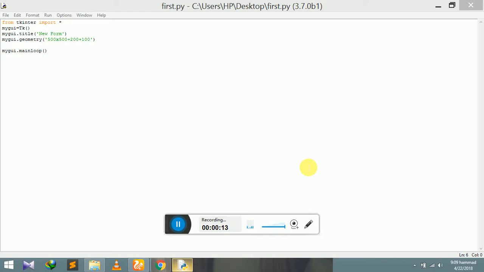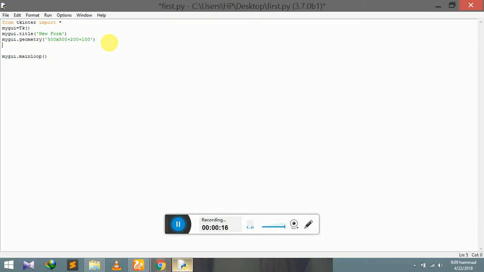First you have to make an object whose name is my label1, or you can make the name anything. After that you put an equal to and a class which is Label. Make sure that L is capital, and after that round brackets, and inside that I will write everything, like the text, the background color, the foreground color, etc. First I'll write text equal to